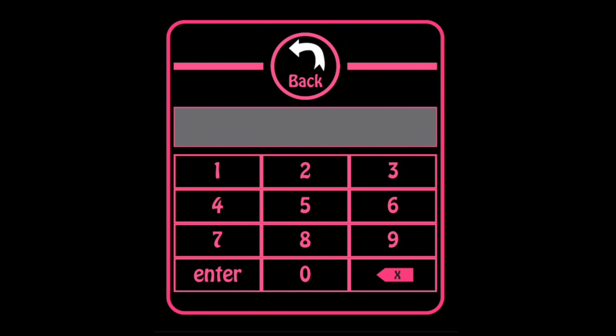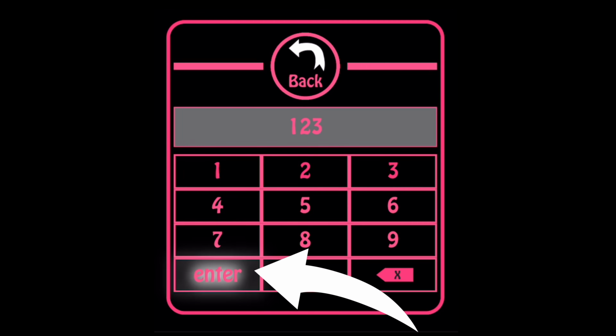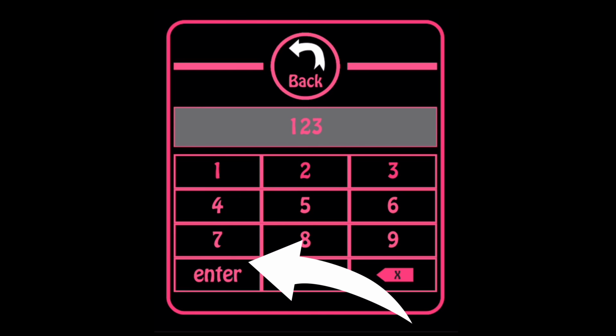Once you come to this screen, you can go ahead and input the 3-digit code associated with the song that you want to listen to. Once you've completed it, go ahead and hit enter. If you see this screen, that means you are successful. This screen indicates that you cannot purchase your video because you listened to a hidden song.